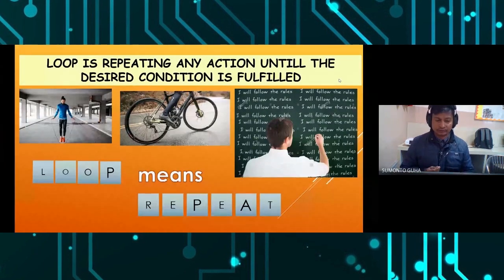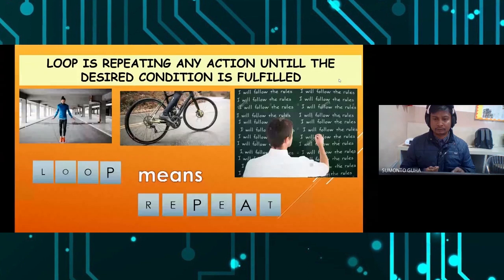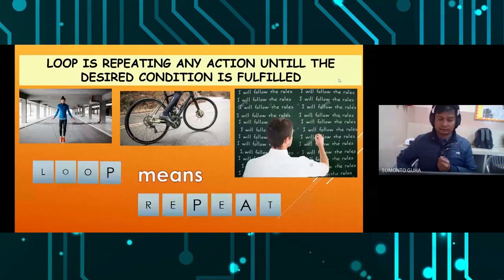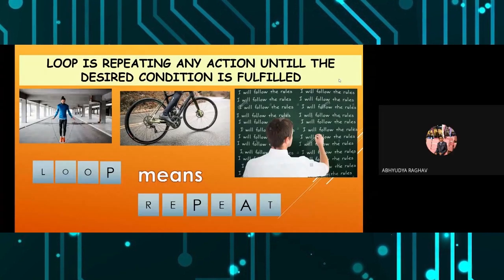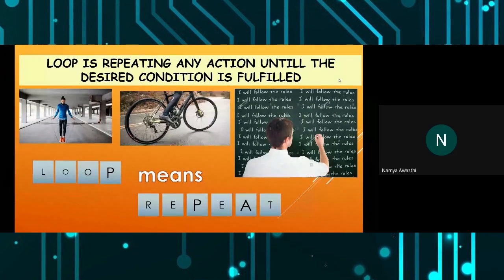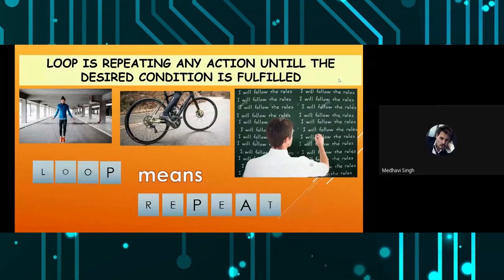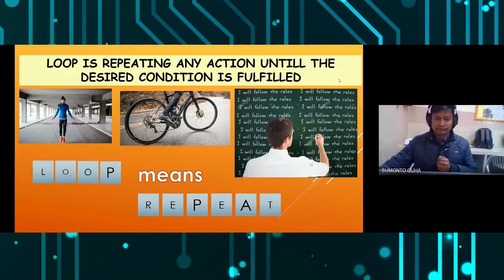Okay, so in the second case, what do you think about cycling? What is the desired condition? So to reach a destination. Yes, he will stop at the destination. Here we all will agree that he has the destination in his mind, that he has to reach some point or some place, and it is not that the moment he feels tired he will stop. So in most cases in cycling, one has to reach some particular point. Even if that person is getting tired, he will take rest, and then again he will continue and move on. So destination is the main point.